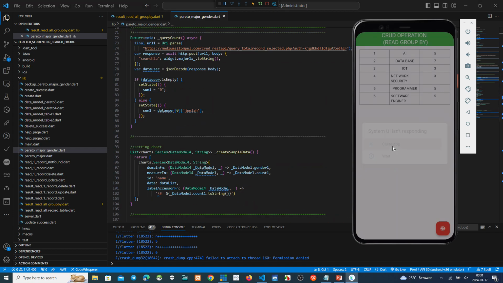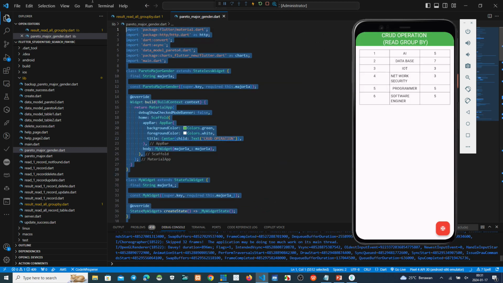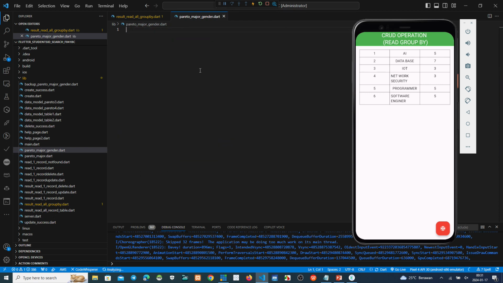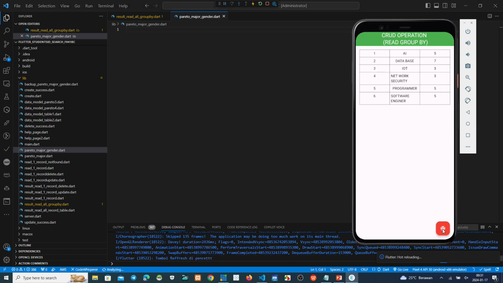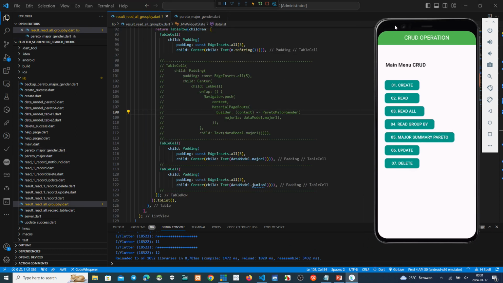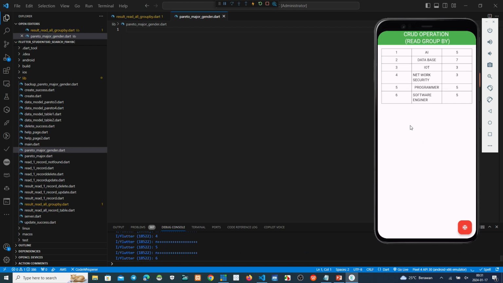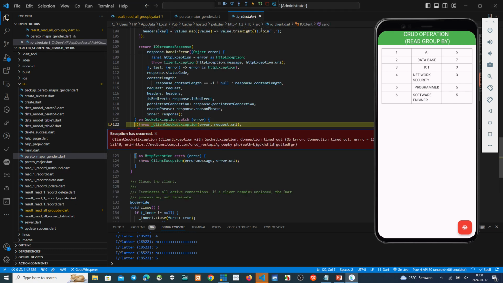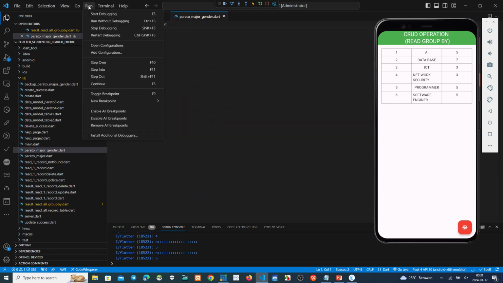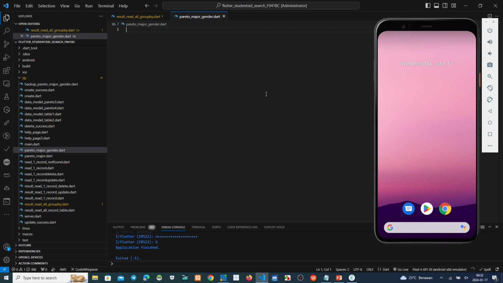Now we clear this one. The first thing we do is, if we click here, because there is no data here, we must stop debugging.